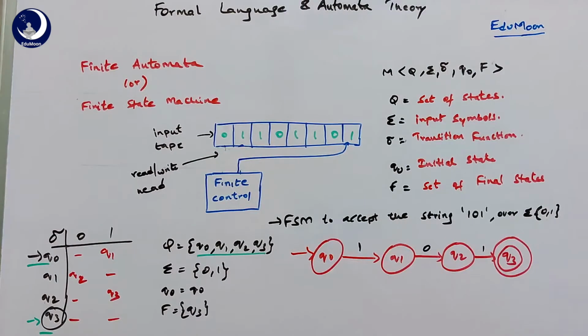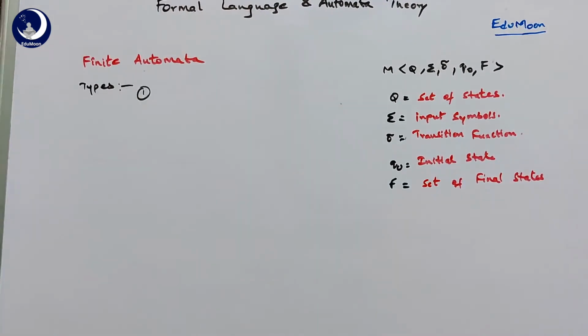So this is a very simple machine which is given here. Here the transition function is not clearly defined. So basing on the transition function, finite state automata or else finite state machine can be categorized into different parts. Now we see that. Basing on the transition function, the finite automata can be defined into 3 different types.